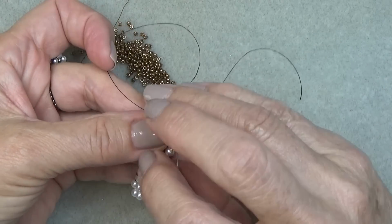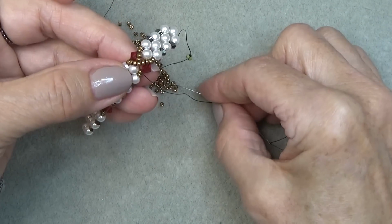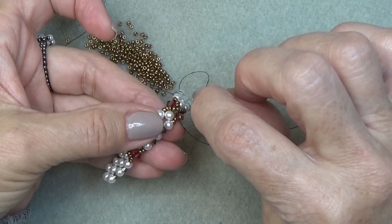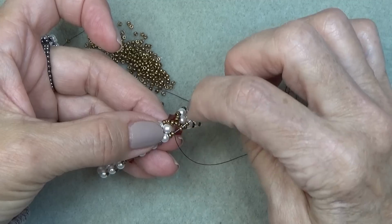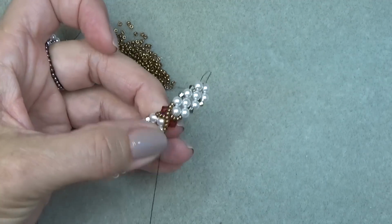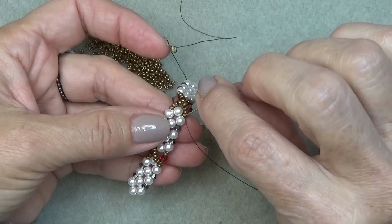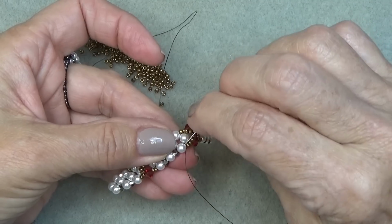Sew through this one, pick up 2, sew through these 2, like that. Now that's embellished. I'm going to sew down to my next group,